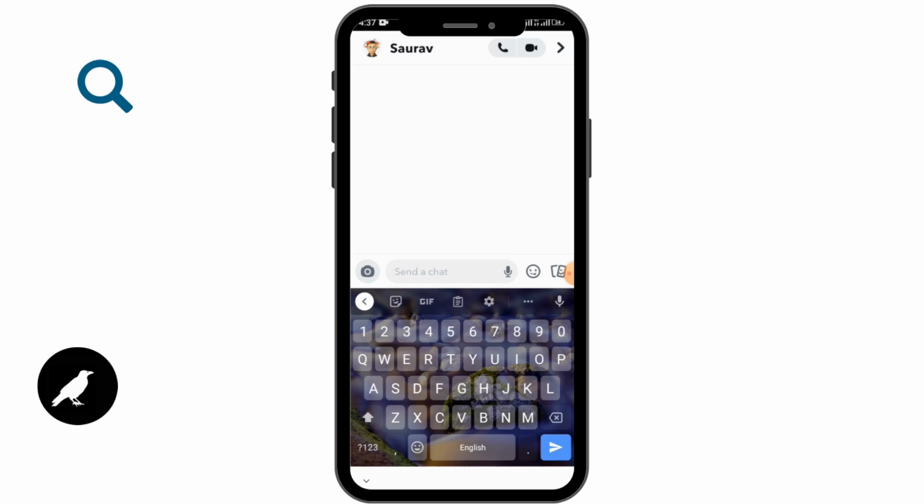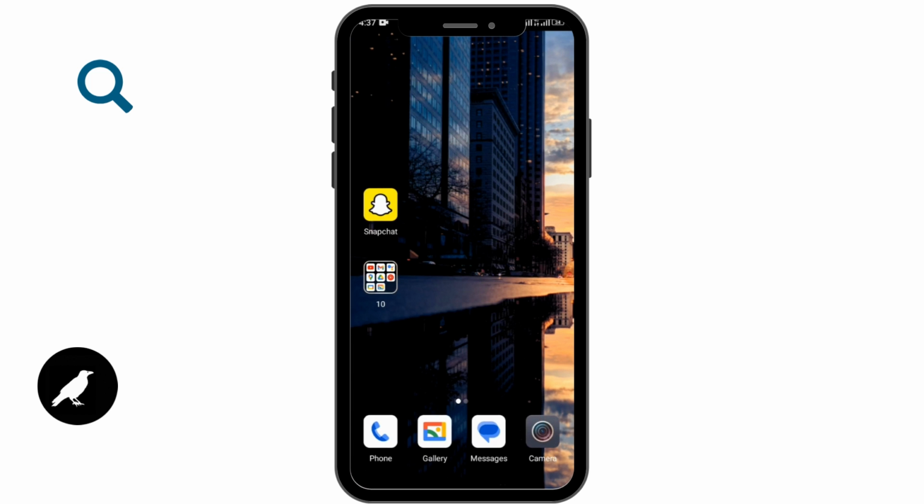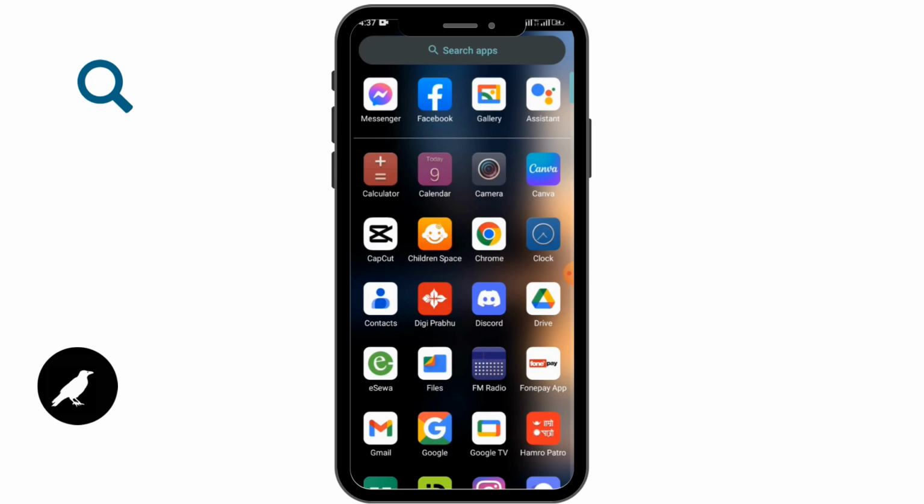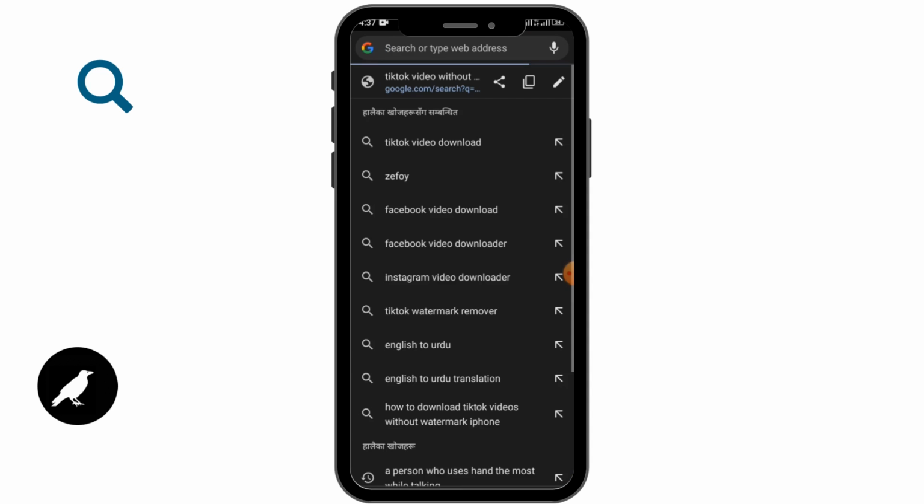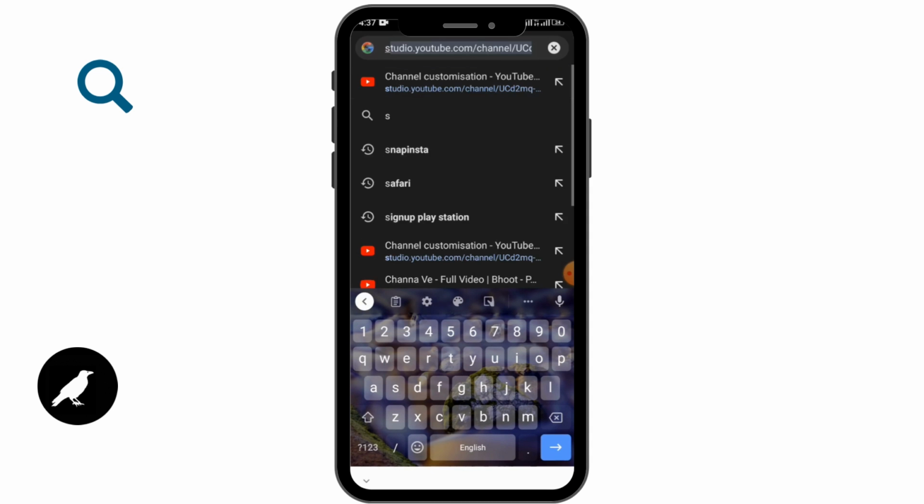So if you want to play games in Snapchat, then you can simply go back to your home page and open up any browser. Here I'm opening up Chrome. After that, you have to tap in the search bar and search for the Snapchat